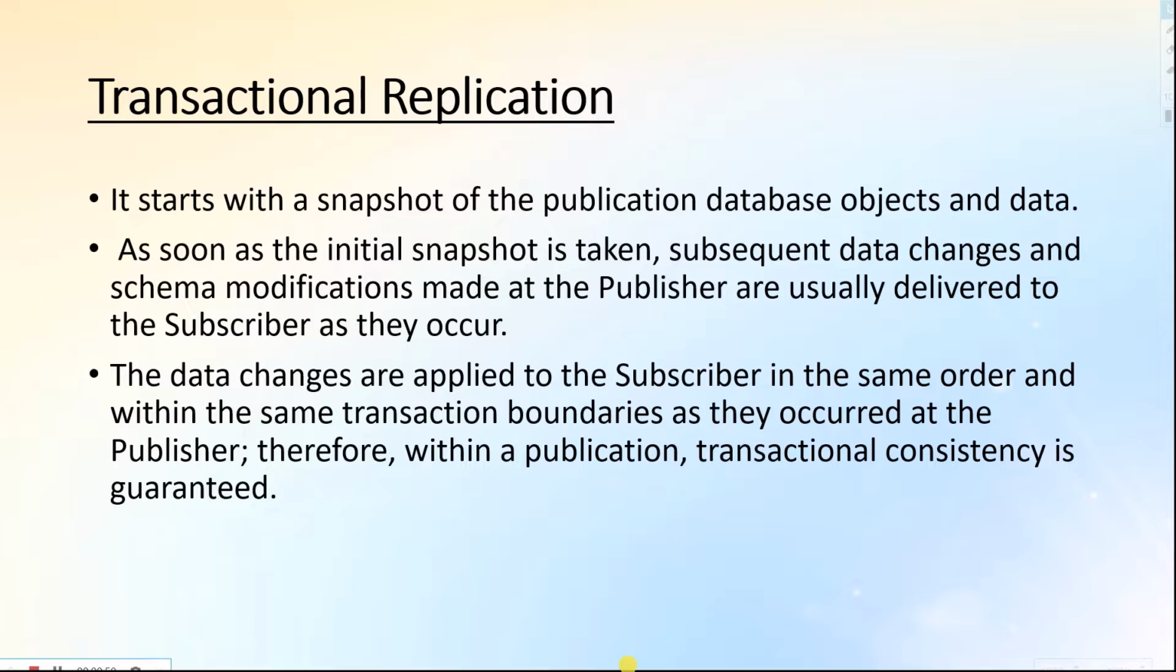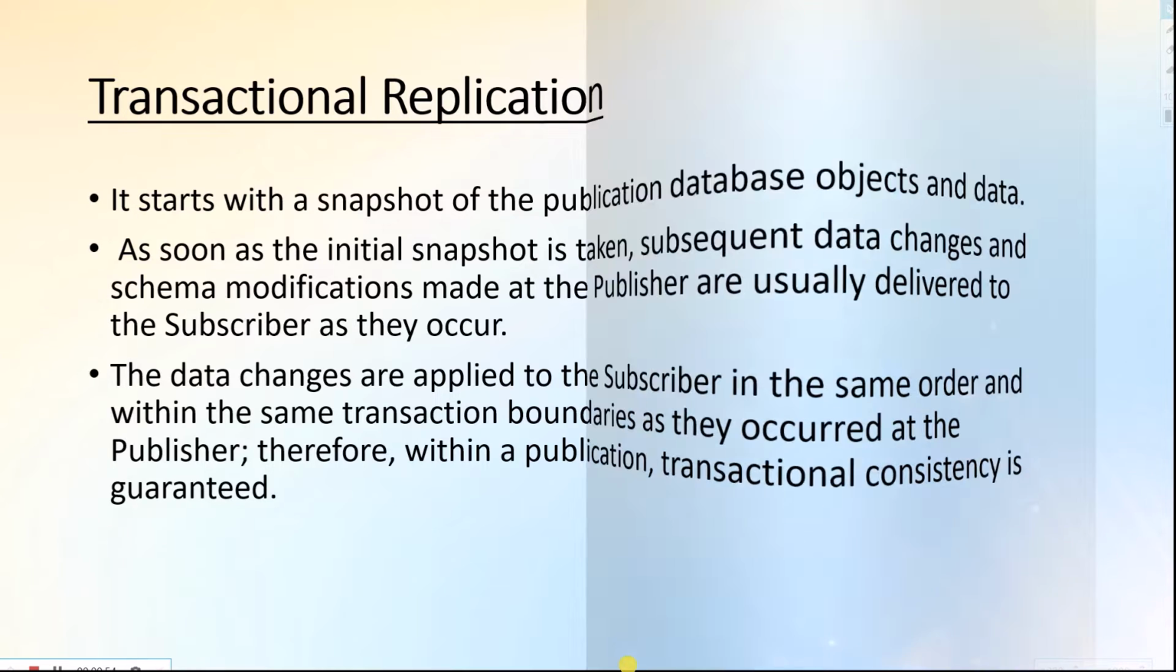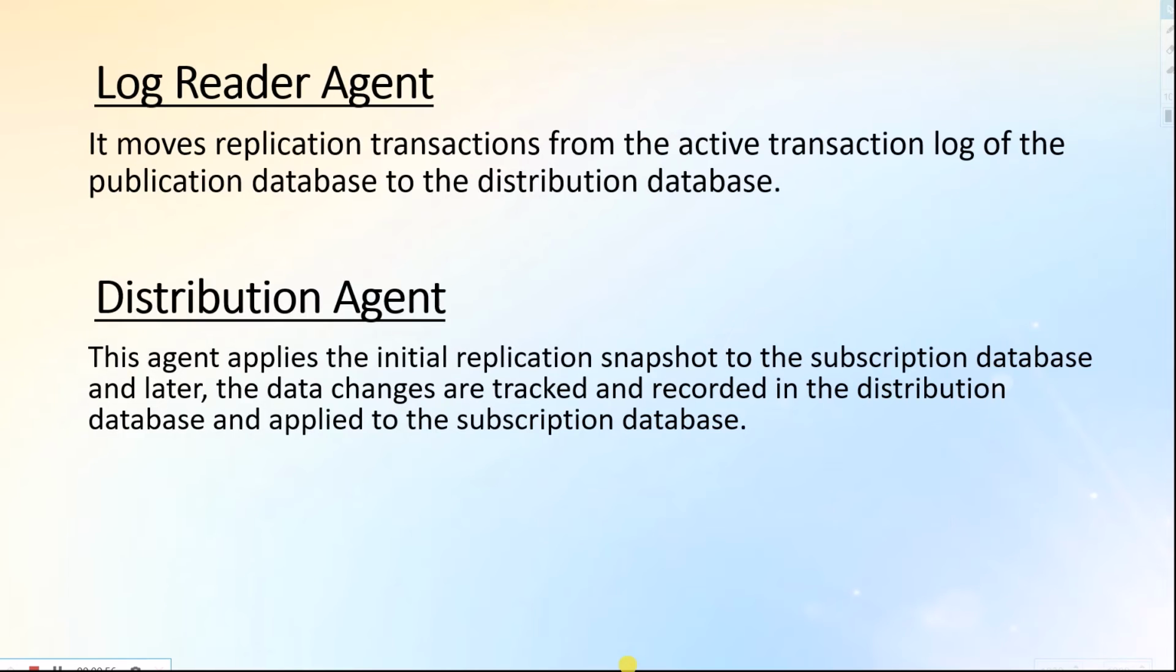Like we have a snapshot agent in snapshot replication, here also we have a snapshot agent. Along with the snapshot agent, we have a log reader agent and a distribution agent. The log reader agent will read the transactions from the active log file of the publication database and then write them into the distribution database. And the distribution agent will read those modified changes